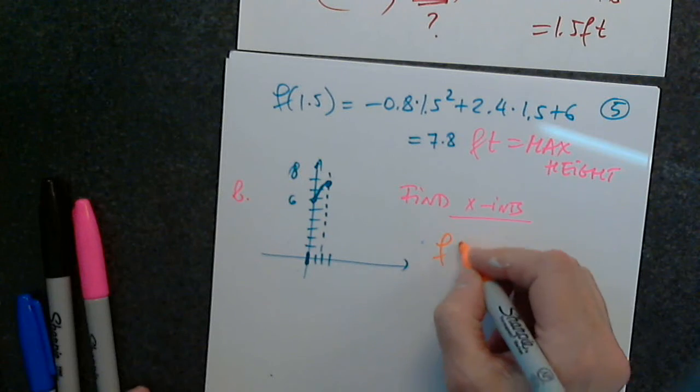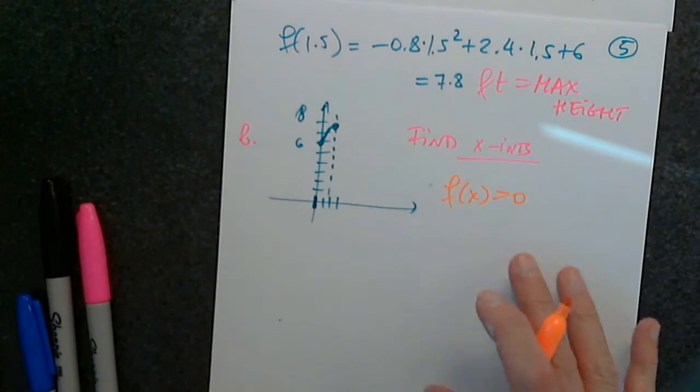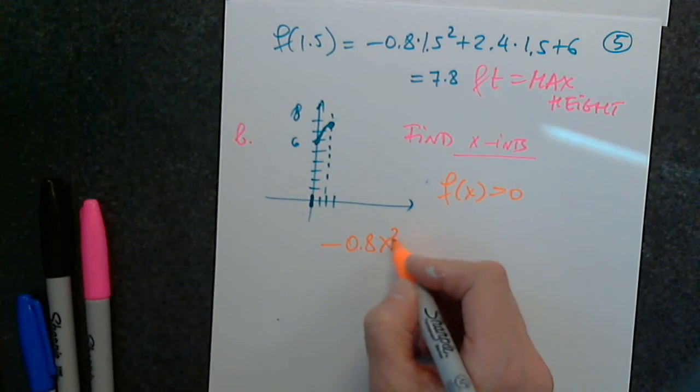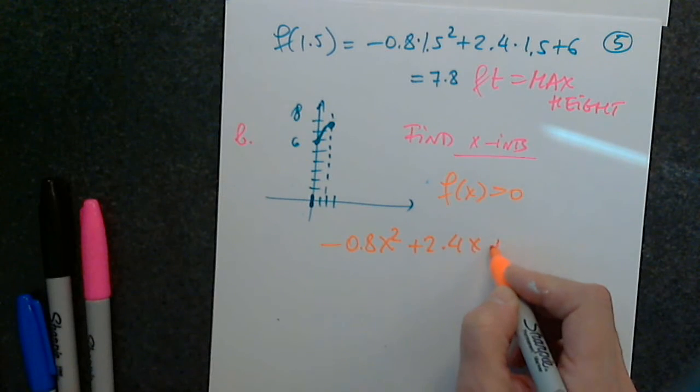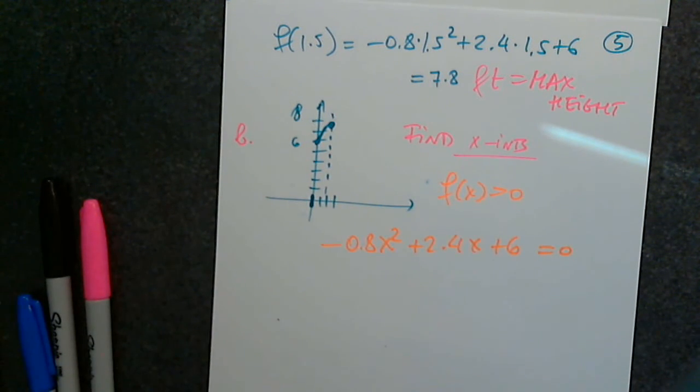Yes, we have f of x equals 0: negative 0.8 x squared plus 2.4 x plus 6 equals 0. So see how all these concepts that we studied so far come into play. So yes, this is a quadratic equation. Will I try to factor? No. Will I try to complete the square? No. Can I take square roots? No. So my only chance is